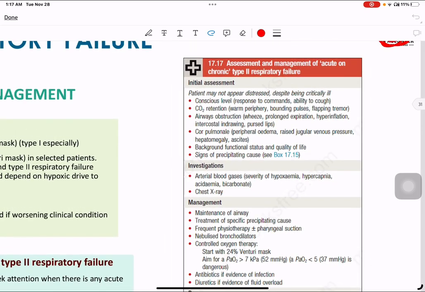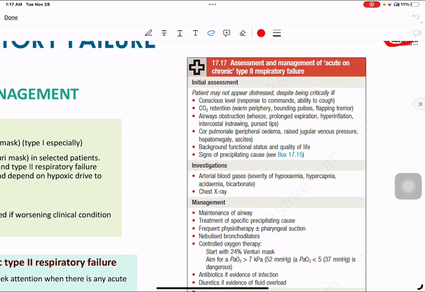So what are the measures, assessment and management of acute and chronic type 2 respiratory failure? We have to